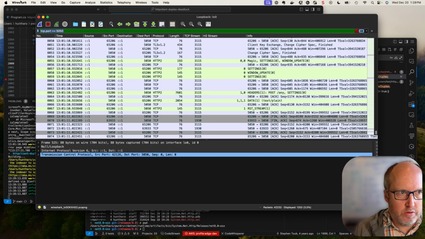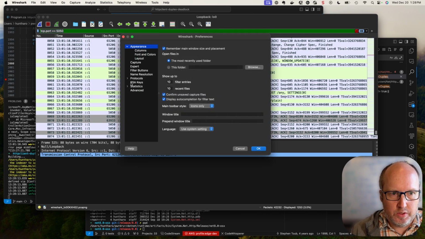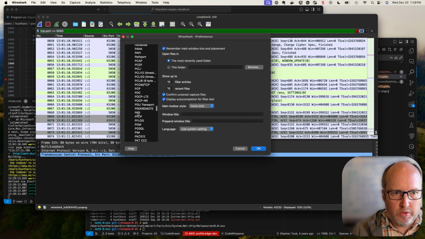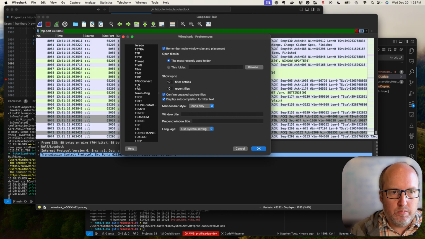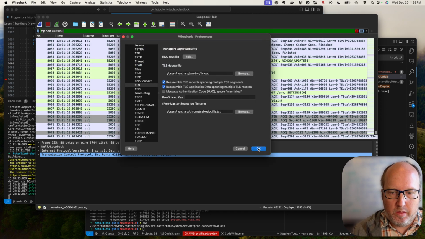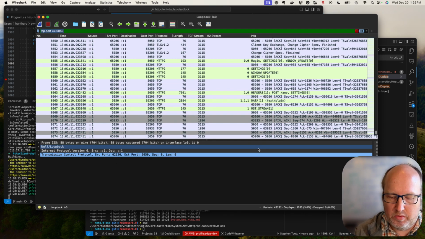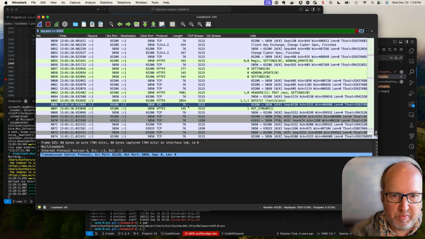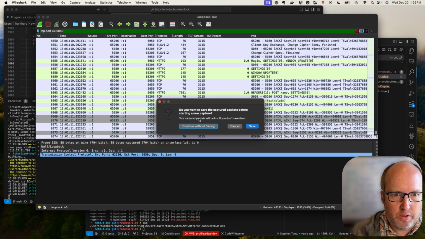We have Wireshark configured. If you go into Preferences, Protocols, scroll down to TLS, click Edit, and make sure you've got localhost port 5050, HTTP, and then navigate to the dummy local key. The configuration of HttpClient in this test application restricts it to use a cipher that does not use Diffie-Hellman key exchange so that it can decrypt the packets. Okay, so we'll start the recording